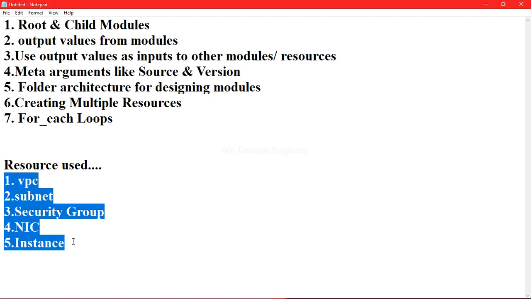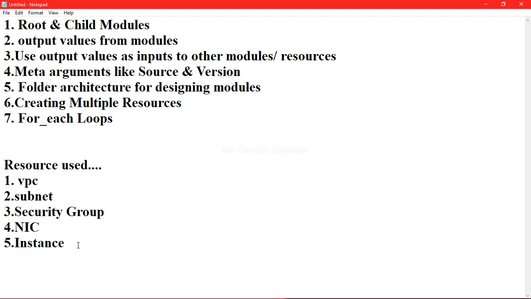So why do we use modules? Actually, modules group multiple resources together to create reusable code throughout your configuration. When you are writing a module, the client to whom you hand over this code will not bother about the code you wrote in the back end. They just have to pass those values from the front end, and they will just reuse the module again and again, right?